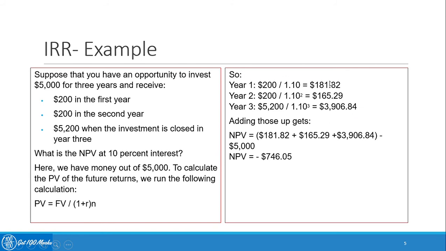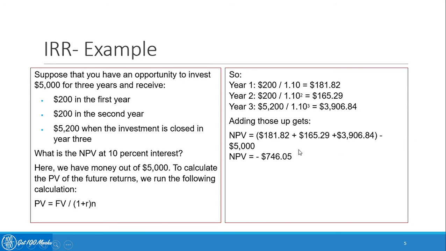When we add up all these three, we get the total present value of the project. Okay, and to find out the present value is 181.82. As you see, these three are the addition of all the three cash inflows to arrive at the present value of the cash inflows.